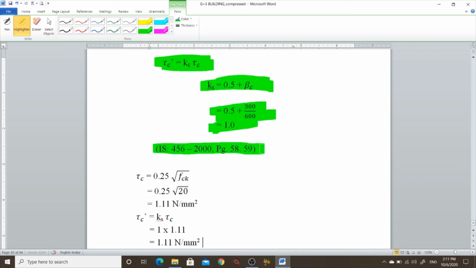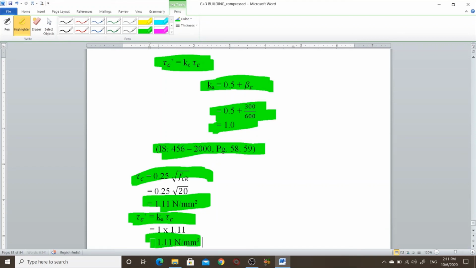Tau c is 0.25 under root fck. Fck is 20. So tau c value is 1.11 Newton per mm square. Tau c dash is equal to Kc tau c, so tau c dash is 1.11 Newton per mm square.